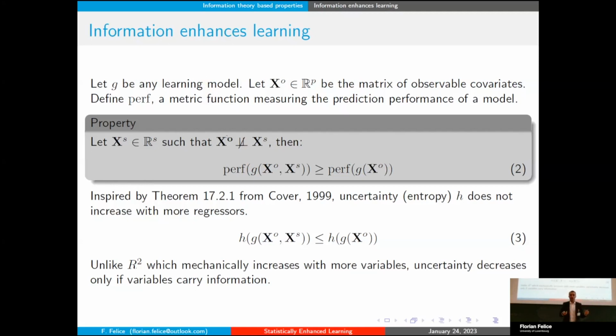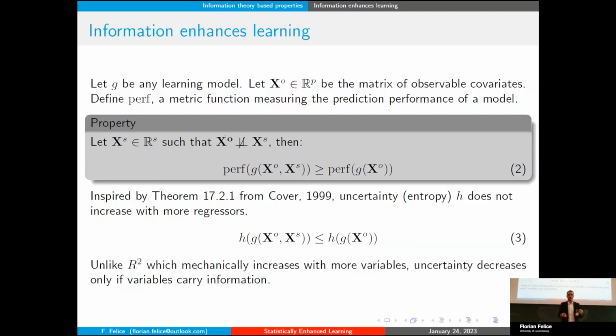And to make this claim, we basically get back to information theory, where we try to see how the entropy or the uncertainty of a phenomenon behaves when you add more information. And so we take a theorem from Cover and Thomas, where they say that the entropy actually decreases when you condition on more variables, as long as the additional variables you bring carry information and are still correlated to the observations you are interested in.